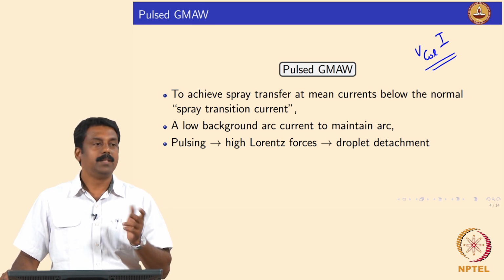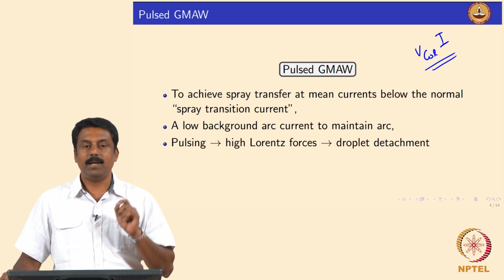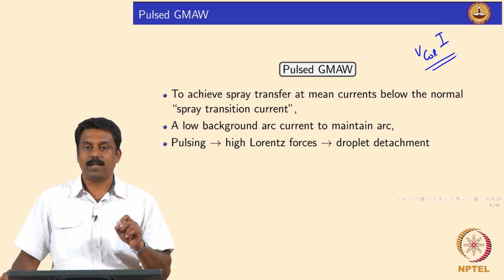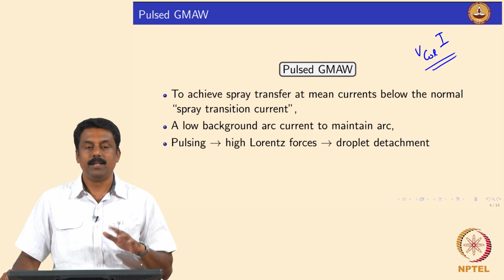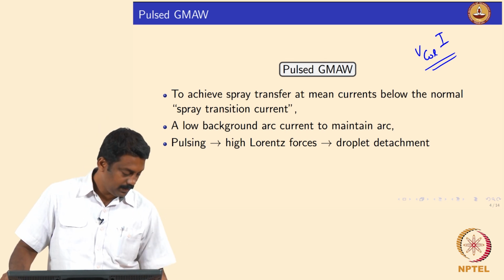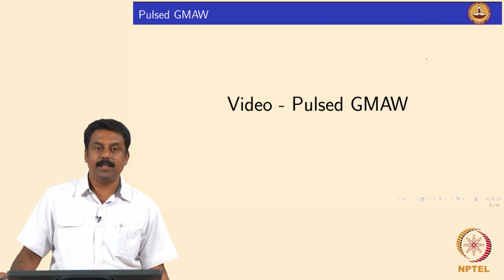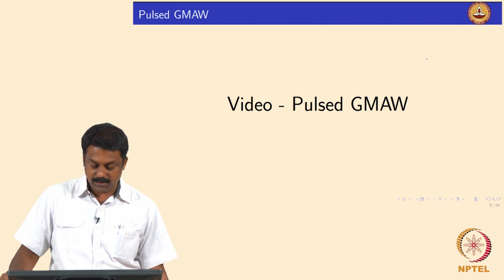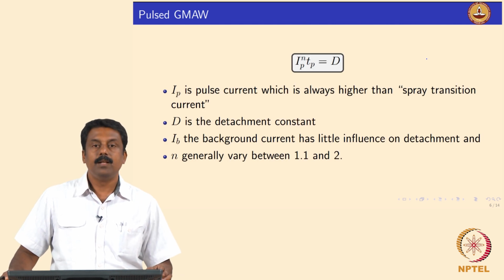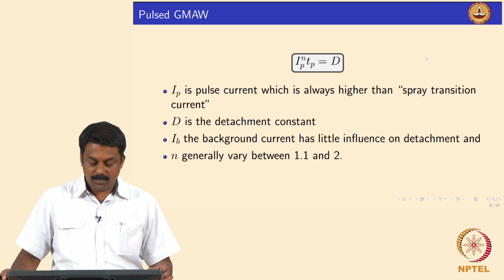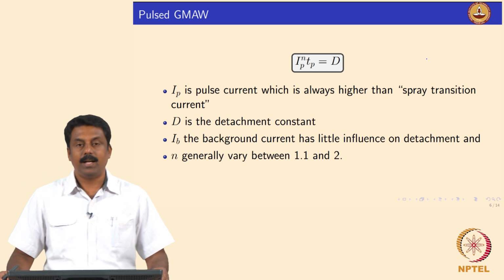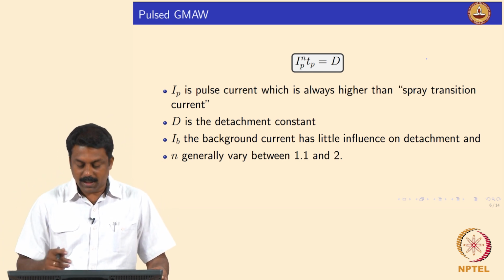So, by carefully playing around with the pulsing current IP and the background current, we can achieve an extremely stable process, with metal transfer characteristics very much needed for a stable GMAW process, right, it is clear. So, this video we already seen. So, we have a transfer carried out in a pulsed GMAW process. So, there are some relationships we can use. Generally for a given material, the IP to TP relationship is a constant. That is a function of material composition and the diameter, and we will come back to that.